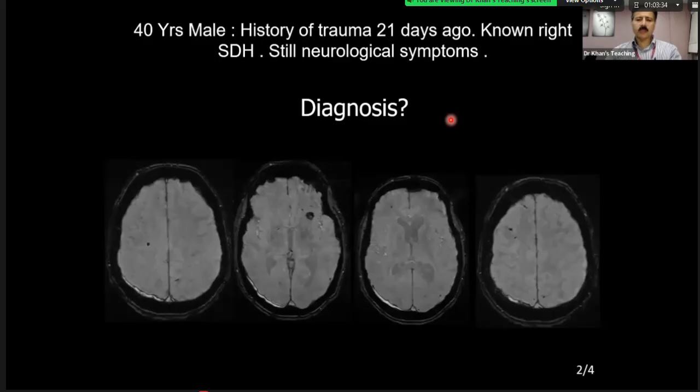So this is the use of SWI sequence to diagnose diffuse axonal injury. We'll cover diffuse axonal injury later on. But having said that, please remember that this is one of the primary brain injuries. Only 2 types of injuries can occur at the time of the trauma. Parenchymal injuries can occur. One is known as contusion, and second is diffuse axonal injury. Usually, on a CT scan, we don't see it, and clinically speaking, the patient might be much worse off.